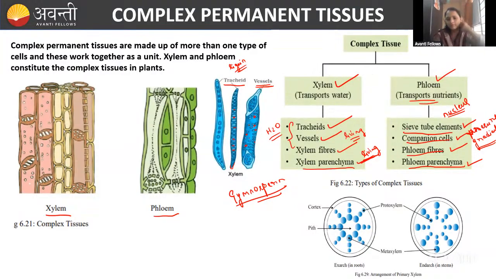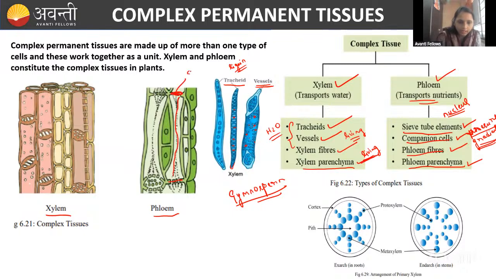Companion cell is helpful in the pressure gradient, guys. Sieve tubes are dead at maturity because they don't have a nucleus, and they are controlled by the companion cell. The companion cell controls the pressure gradient inside the sieve tube because the sieve tube is involved in the movement of food. Here you can see the sieve tube. This sieve tube is involved in the movement of the food, and here you can see